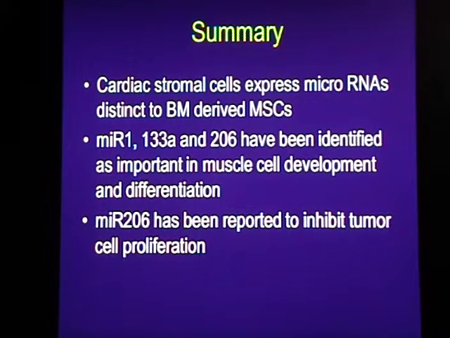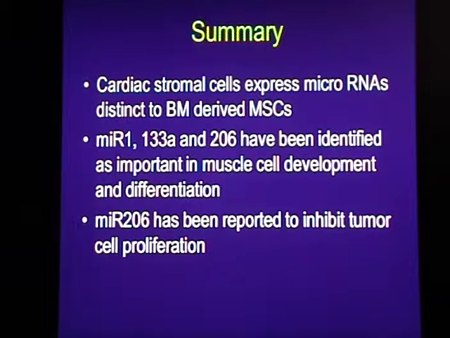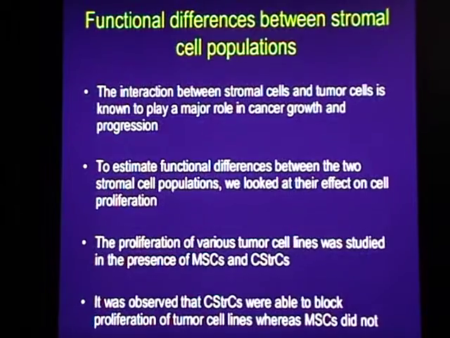So in summary, these initial studies demonstrated that cardiac stromal cells express different microRNAs distinct to bone marrow-derived MSCs. The highest expressed microRNAs have been identified as important in muscle cell development and differentiation, and MIR-206 has been reported to inhibit tumor cell proliferation. So we wanted to evaluate this tumor inhibition in more depth,